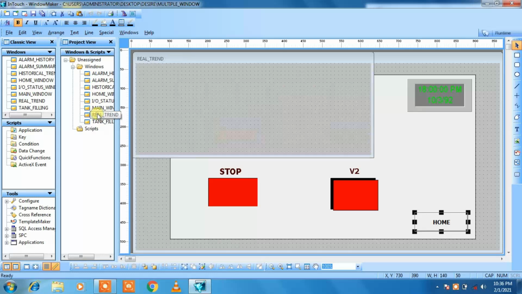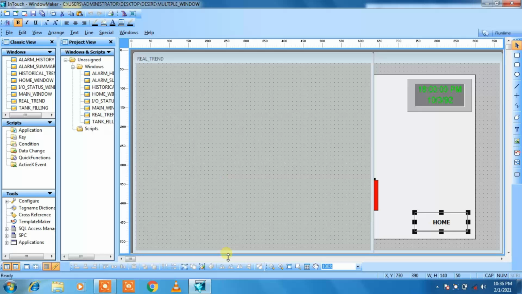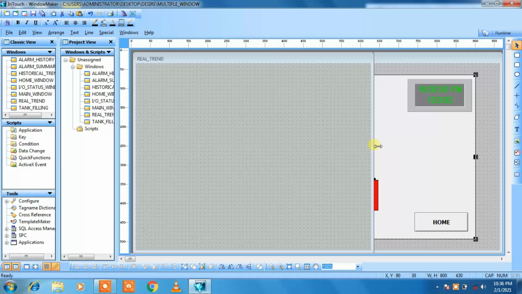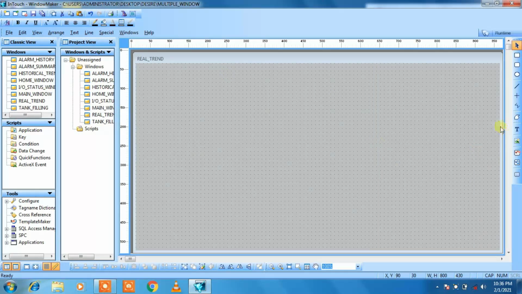Go to the real trend window and let us maximize it. Here we are going to see the real trend of our tank filling program.